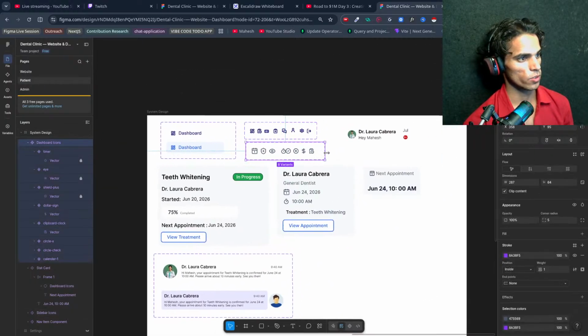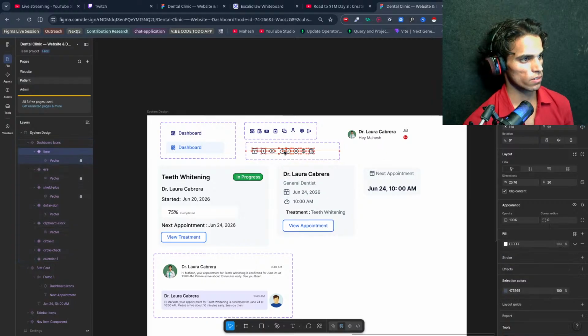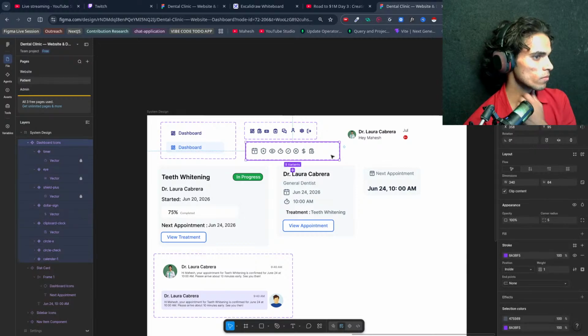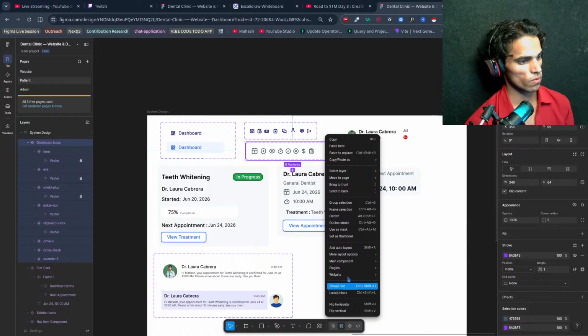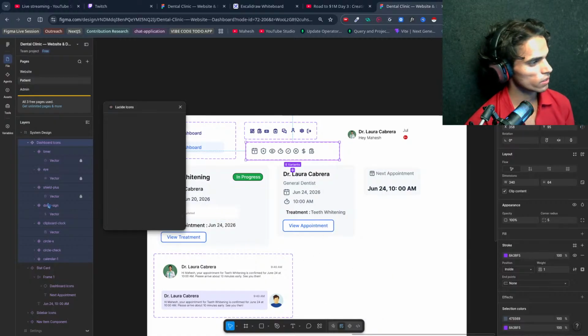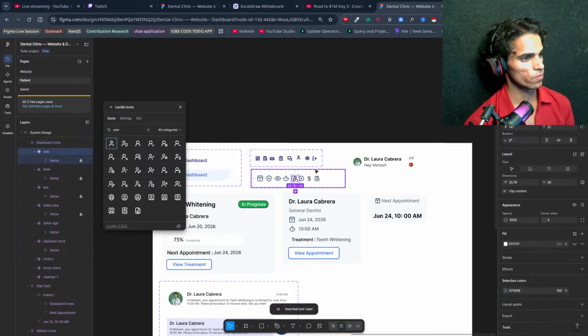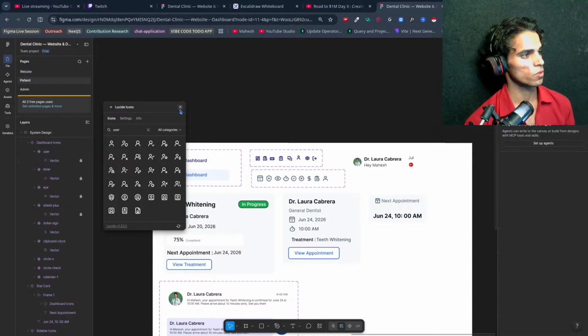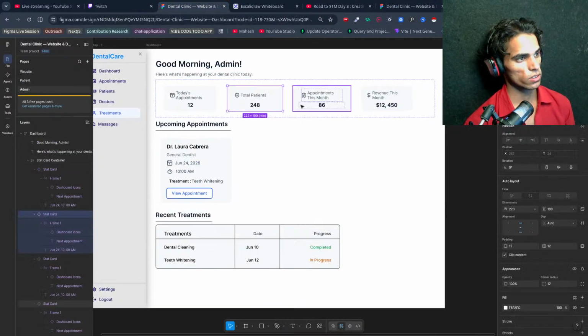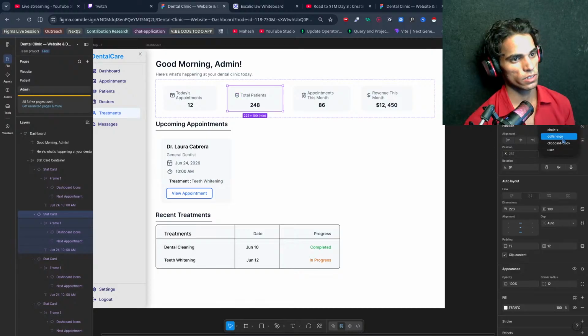Let's add a user icon. Plugin Lucide icons and users. So let's get into this, and for total patients let's change this to user.